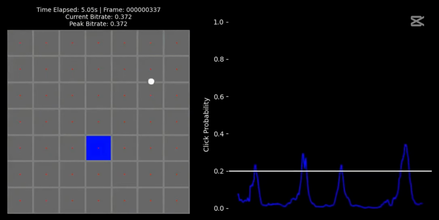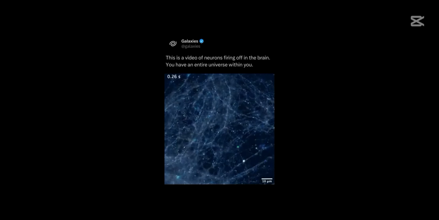Okay, getting into the details. Here you can see the video of neurons firing off in the brain. Neuron firing. Here, billions of neurons send rapid electrical signals across trillions of connections in the brain. Each time a neuron fires, it creates a burst of energy that travels along its axon, reaching neighboring neurons through